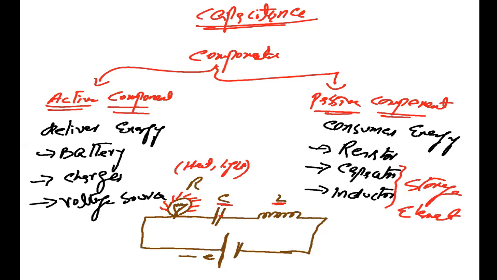Okay, so your resistor is doing conversion. It converts electrical energy into light energy, or you can say heat energy. Okay, so now let's start the capacitor. Then after the capacitor, maybe in your book we will discuss the inductor, and we will do some analysis using all these three components. So let's start the capacitor.